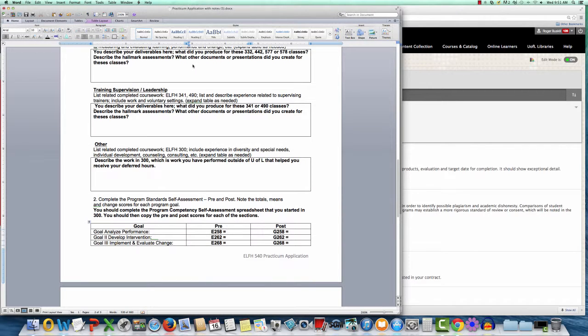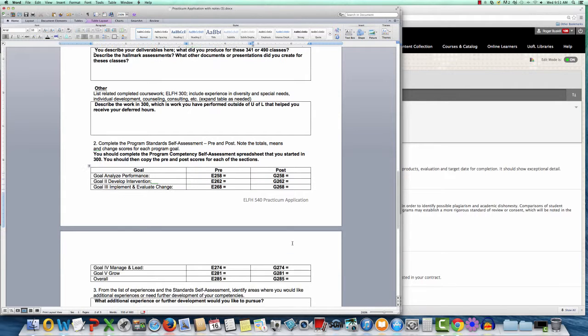You transfer that number to this cell right here, and then you follow suit with the rest of these all the way to G285, which is the